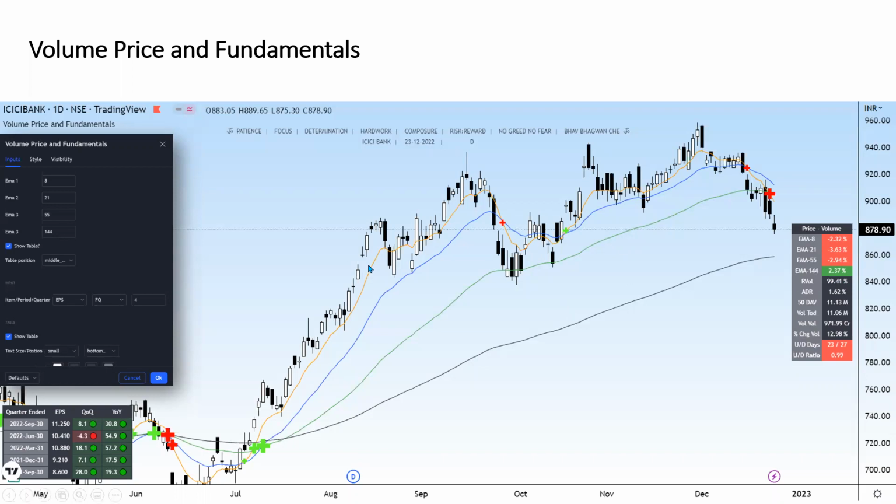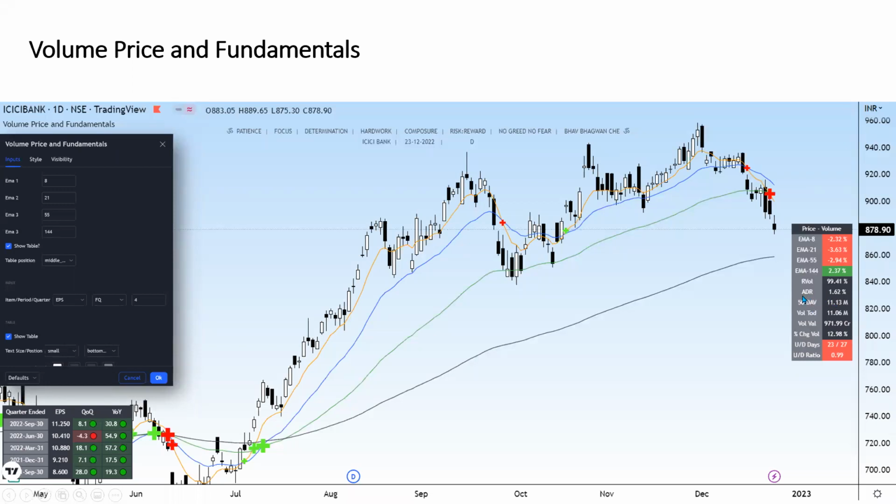So this indicator is very useful for people who are doing investment or taking holding positions. They look at patterns. They want to first see the trend. For example, in ICICI Bank, all my moving averages turned positive here in July. Price was somewhere here, 720. Probably when it broke out, big breakout candles formed here, and volumes should also come along with them. So we check the relative volume, whether it is leading or not.